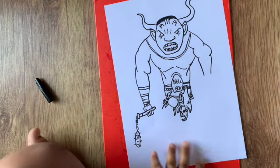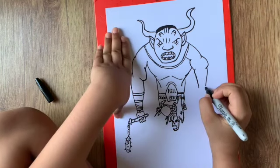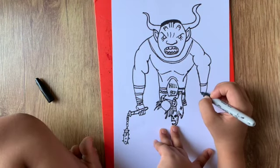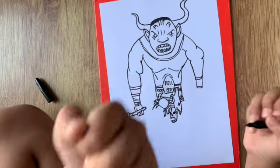Okay, so now across this part. Oh wait, we've not done this hand yet. Let's do that. So we're gonna do another strap like we did on the other side, remember? And then 2 lines down, strap. Now here he's gonna have his